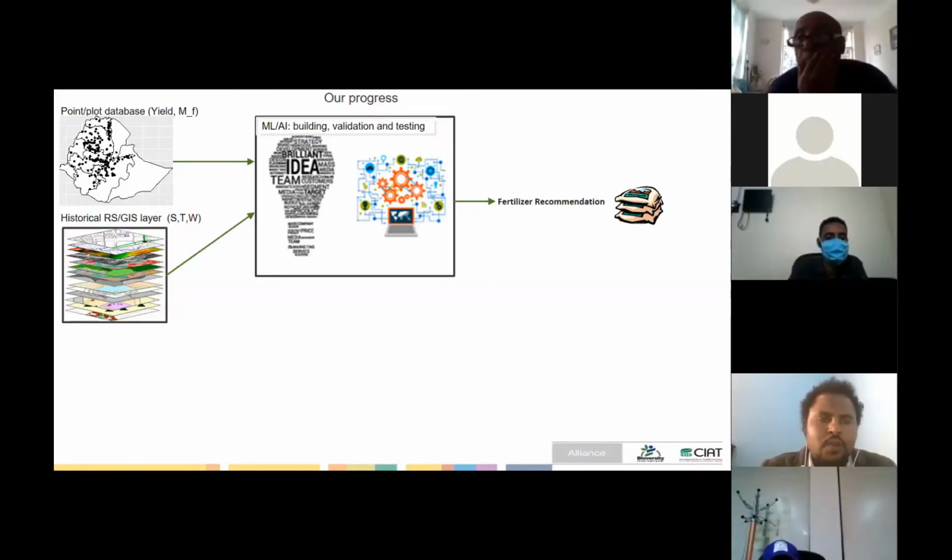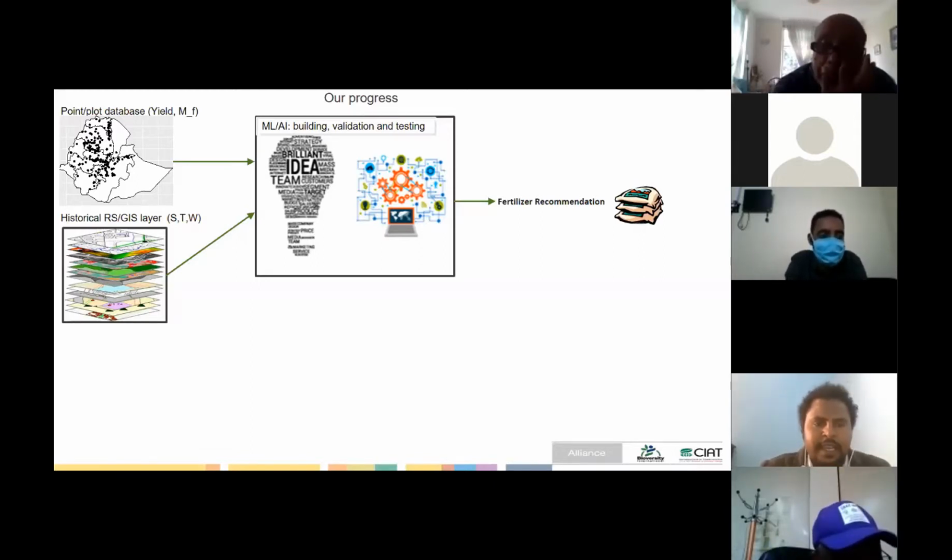Then we want to couple this with different historical remote sensing geospatial layers, which include the soil, the topography position, and the climate information, which is rainfall, temperature, soil moisture, and solar radiation. And then we put this in some innovative machine learning approach.